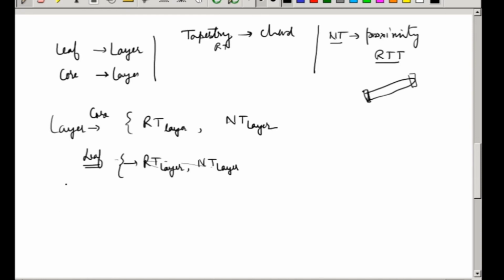So leaf nodes will periodically, there is again going to be a timer associated, send only a heartbeat that they are alive, nothing more than that. Once the heartbeat is sent, it goes to all the nodes who are in the routing table and the neighbor table. So whenever the heartbeat is received,